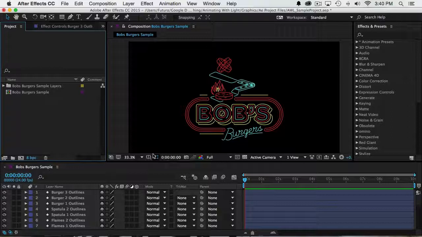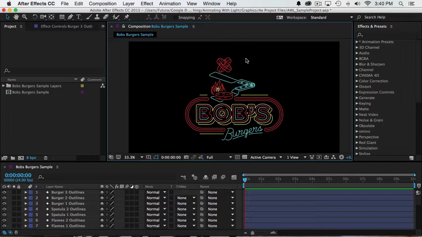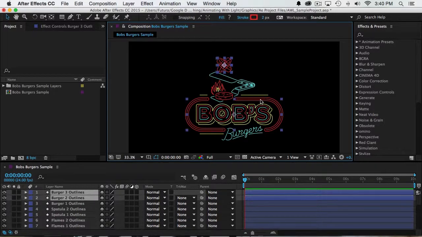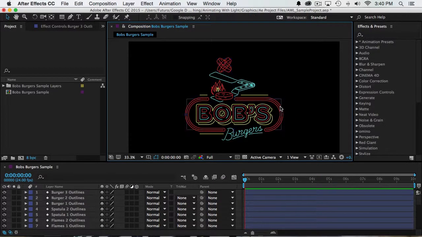Now the first thing I want to do is set up some controls for my colors. This isn't required at all, but it's a little bit of an efficiency booster. Since I have multiple layers that I want to be the same color, adjusting all of them at once could be a little bit time consuming. So instead of selecting everything that's red, one by one, hoping that I don't accidentally click on something that's not red, I'm going to make a control for the color red and link everything that I want to be red